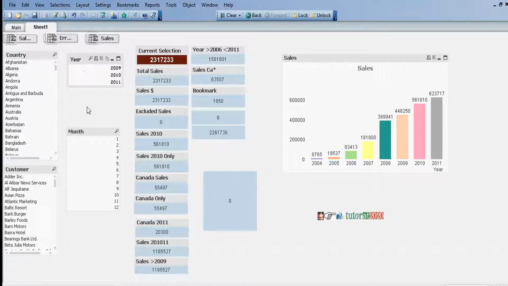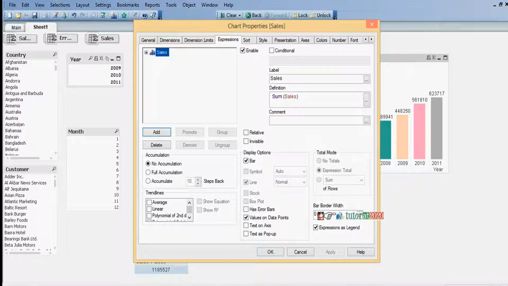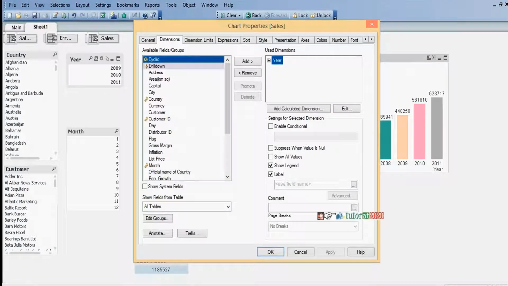Then see, same way, how can we limit the number of values in charts? That may be a bar chart, that may be a line chart, tables, whatever it may be. How can we limit the number of values in charts? So, click on edit,